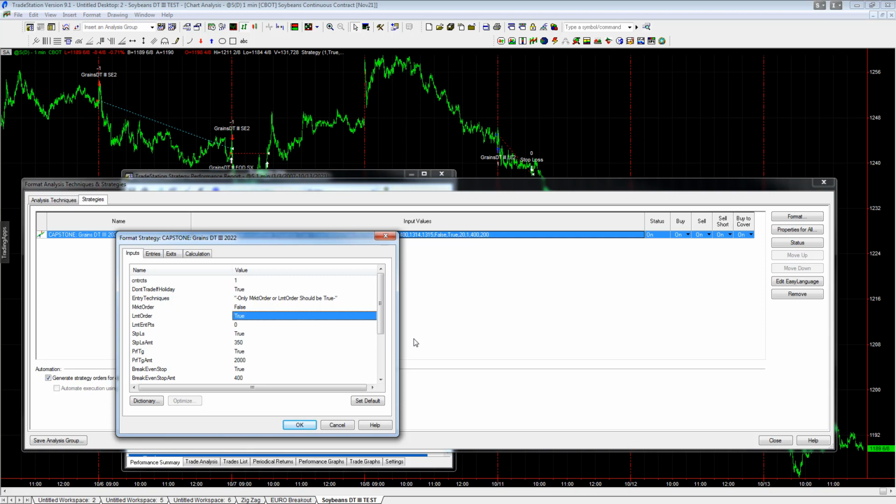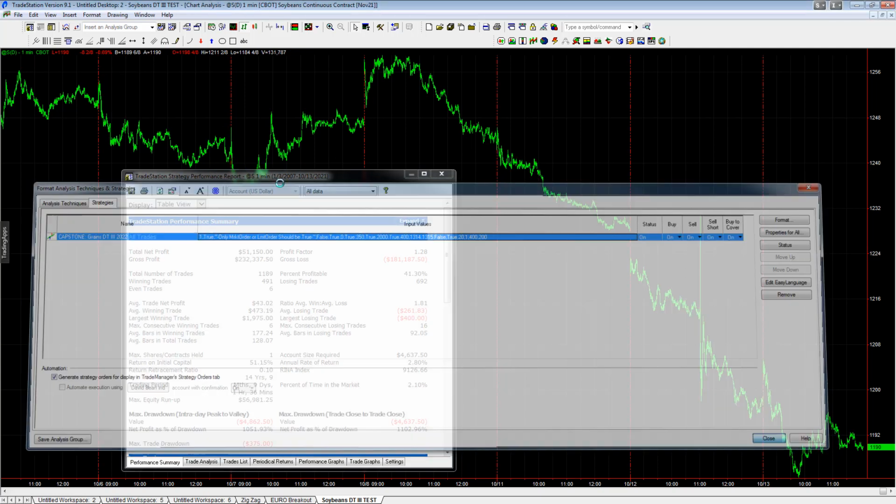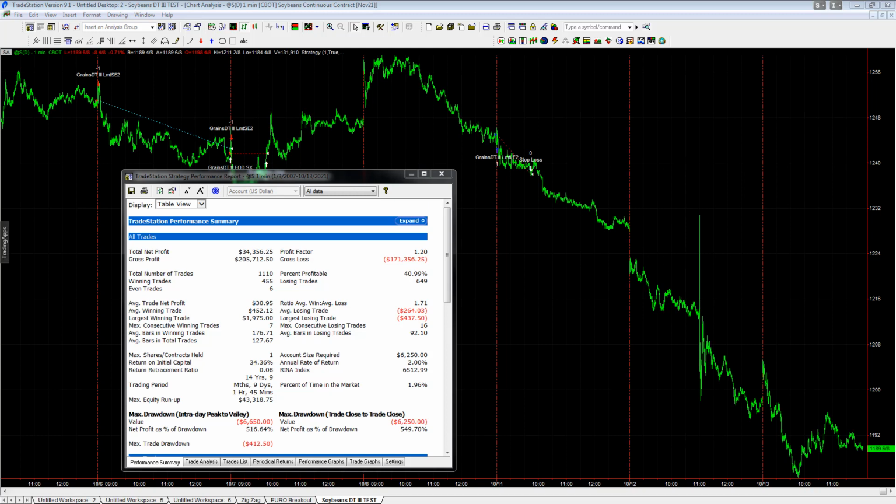So lately there has been more slippage. So let's change this from market order false to limit order true, and then we'll just keep that at 0. So it's a similar approach. And then I'm going to close this, and we're going to let it update, and then I'll pause the video while it's updating. So taking a look at this setup, going back to 2007 once again with slippage and commission,